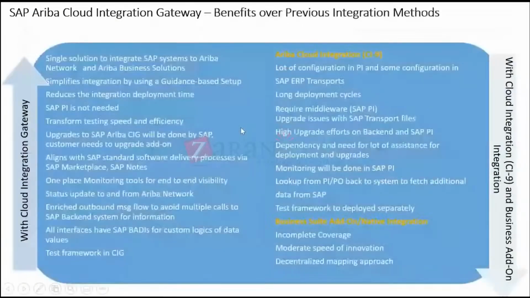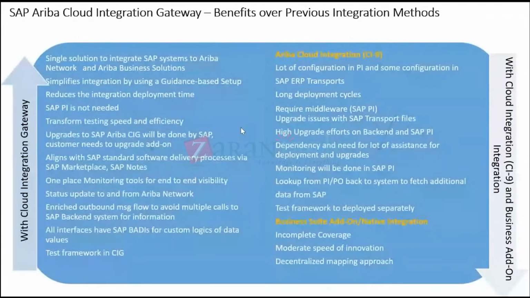Okay. So these are some of the benefits that we are getting in CIG with respect to the previous integration approach, that you can see here. We have a single application, a one-stop solution for all the integration. But in case of CI9, we have to do so much configuration. The main differences that I can see here,